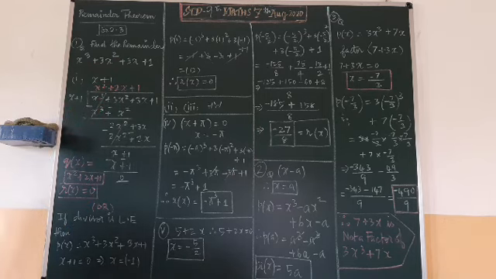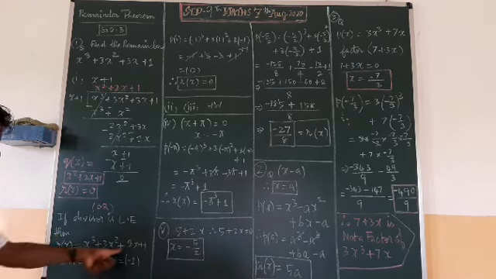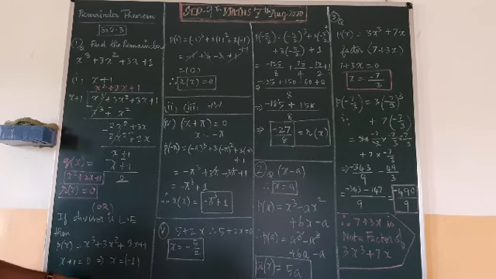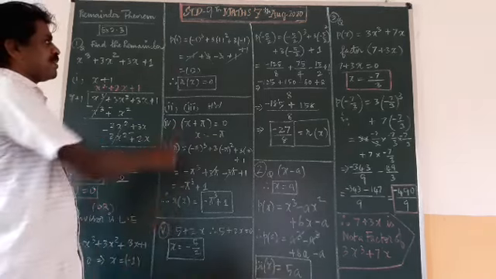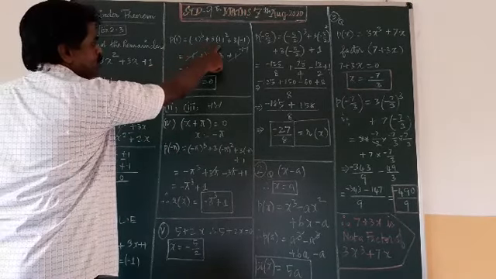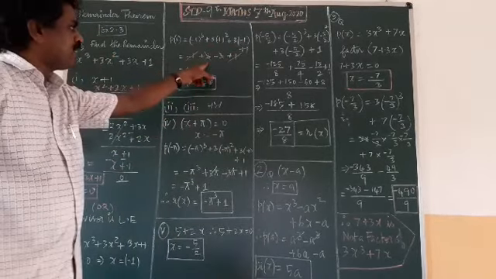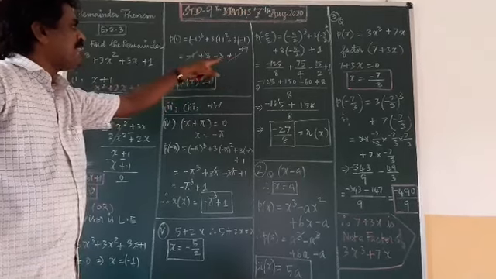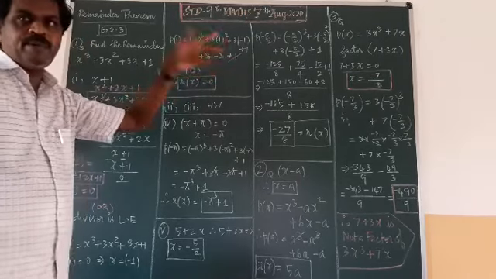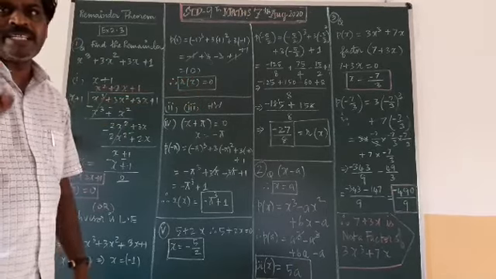In another way also you can do it for a linear polynomial. If it divides exactly, then this factor should be equal to 0. If it is a division by a linear polynomial, then for P of x, this factor should be equal to 0. So x will become minus 1. Take this minus 1 and substitute in this equation, and you will get the remainder directly. So (minus 1) cube, plus 3 into (minus 1) square, plus 3 into minus 1, plus 1. If I remove the brackets, I get minus 1 plus 3 minus 3 plus 1. Minus 1 and plus 1 will be cancelled, plus 3 minus 3 will be cancelled. This way also you are getting remainder 0.